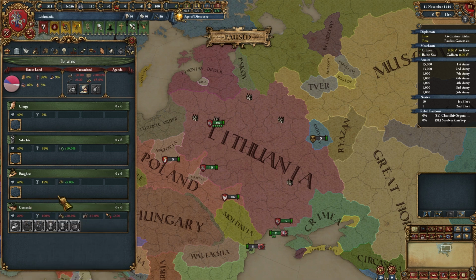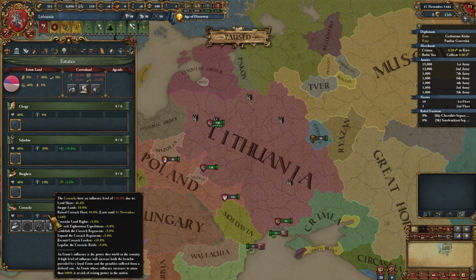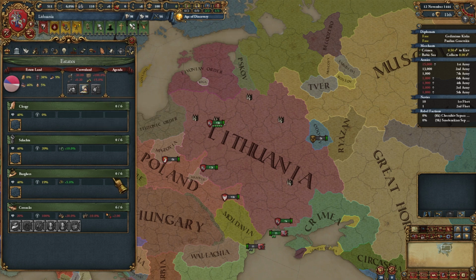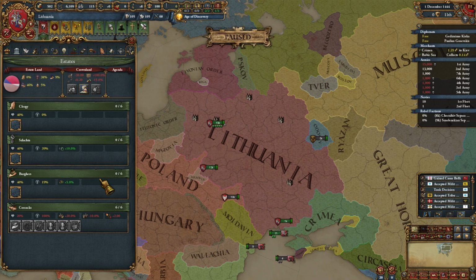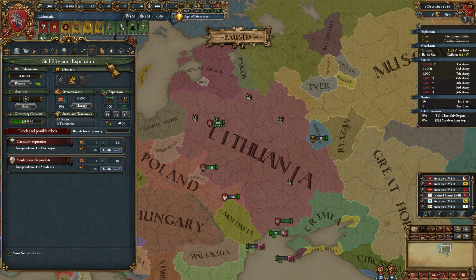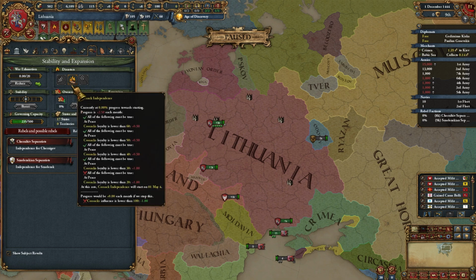If for some reason the influence should go below 100, then you can always summon the Diet for another 5% influence. While we're waiting for the first month to pass, if you get some events for the estates, which you probably will, you should always click the option where the Cossacks gain influence and lose loyalty. Then on December 1st, 1444, you should have the Cossack independence disaster start ticking with plus